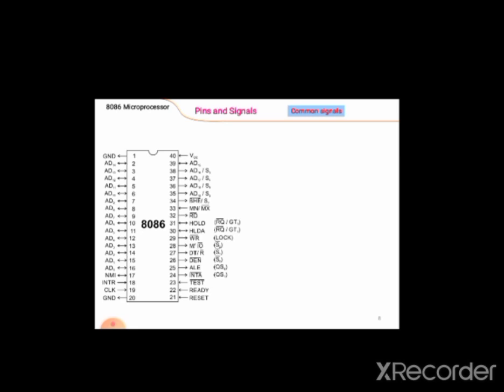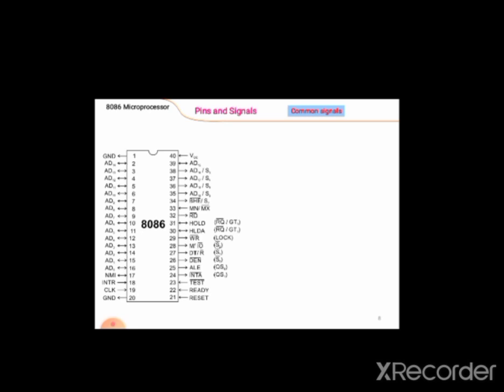stopping the first execution. Interrupt is, you can say, a disturbance in the processor, because the processor is executing previous programs, and interrupt means the small program you have to execute at that instant of time, because it has priority, or application-wise we have to execute this first. So interrupt means another small program.